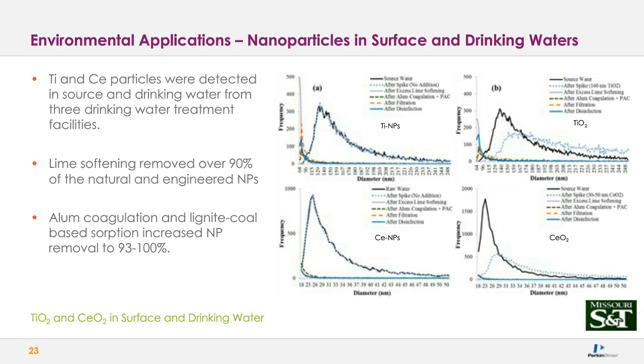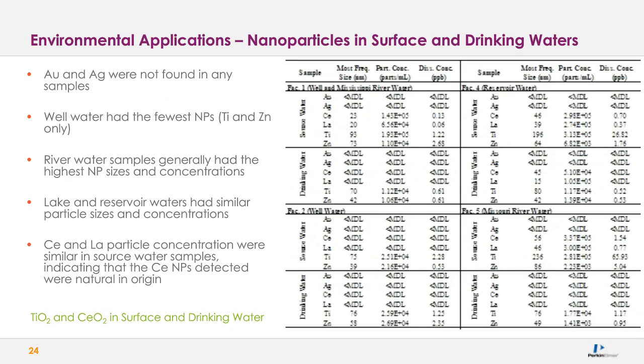But if you look at the outcome of the slide, lime softening removed about 90% of the natural and engineered nanoparticles. So this is good news. And if we go to the coagulation step, we increase the efficiency of removing the excess of nanoparticles. However, what I wanted to bring your attention to is